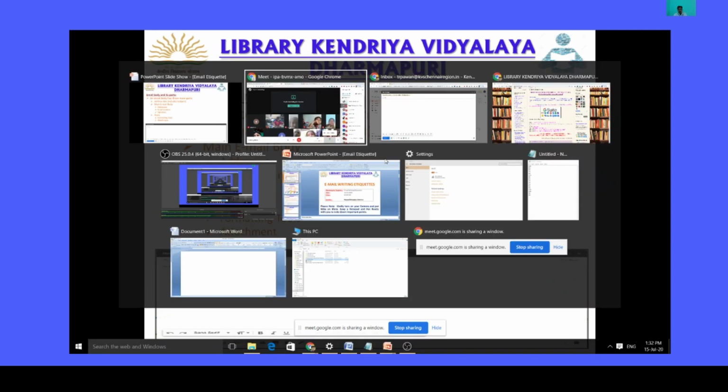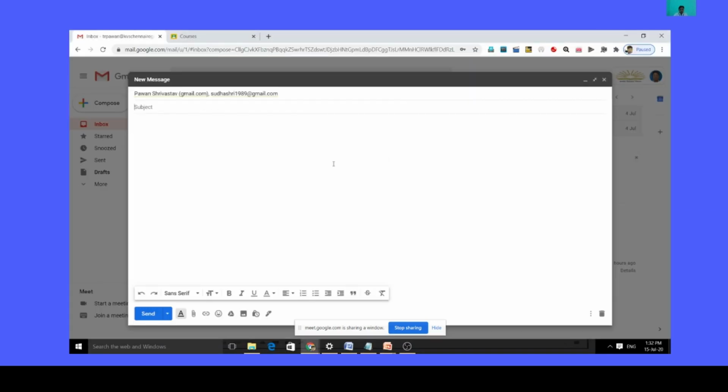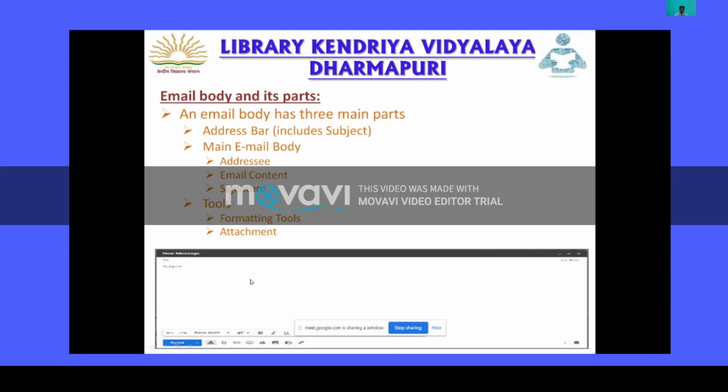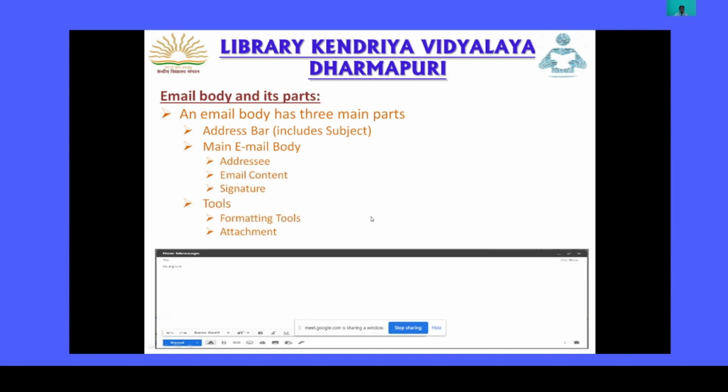We call it the email body. You can see in the slide, I have given an image. Just below the address bar and subject column, you see the email body.